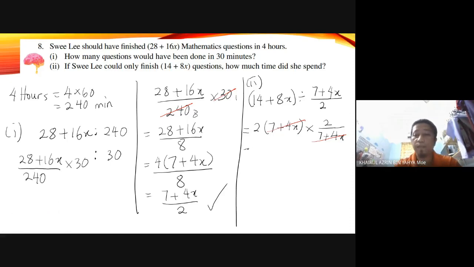So now the answer is 2 times 2, 4. But for what? Is it 4 minutes? Is it 4 hours? Actually, this is 4 times compared to this one. Compared to our answer in 1. It takes 4 times compared to answer in 1. Meaning, if you want to get the total time for question number 2,